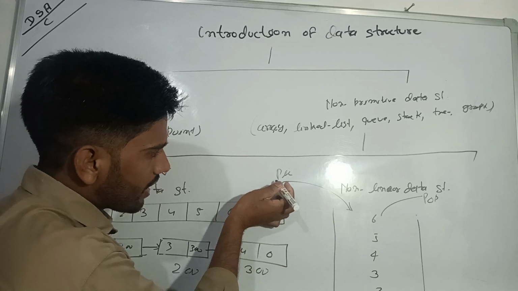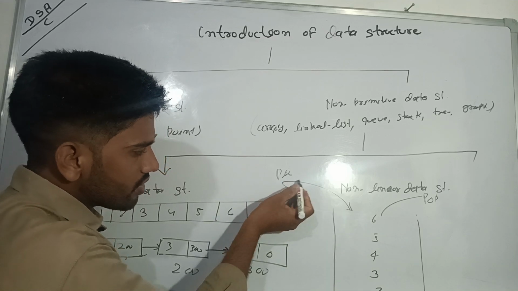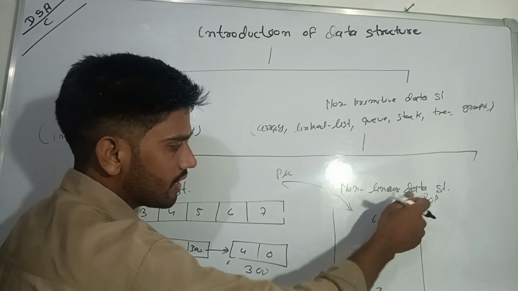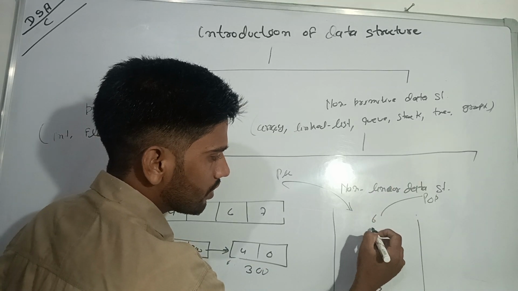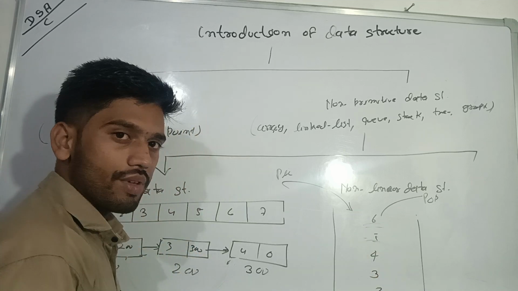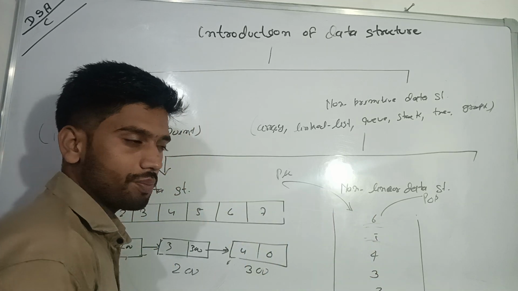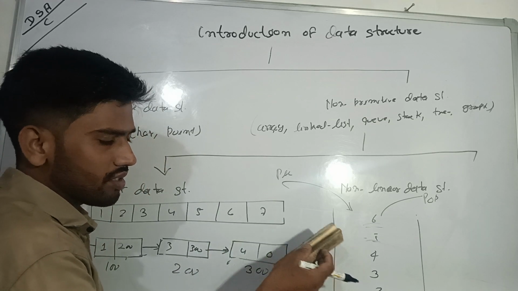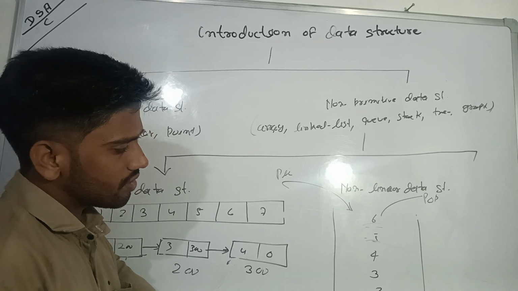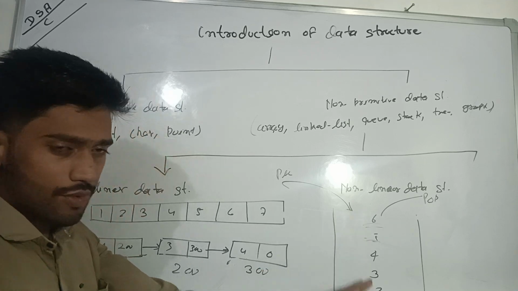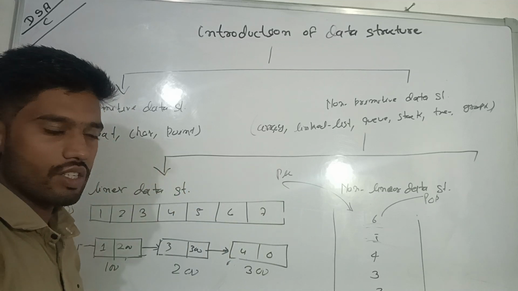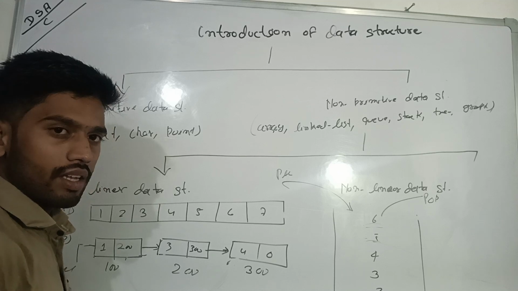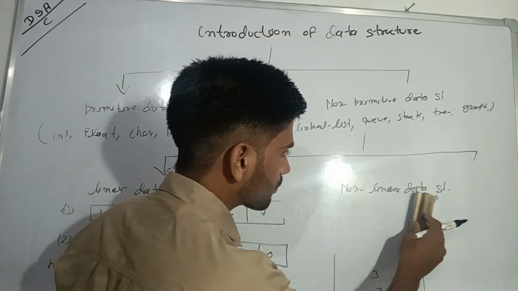In the stack, we can insert our data in sequential order and also pop the data from the top, and we can insert from the top. Means always in the stack, deletion and insertion is in a sequence order. So that is, it will be a linear data structure, right?